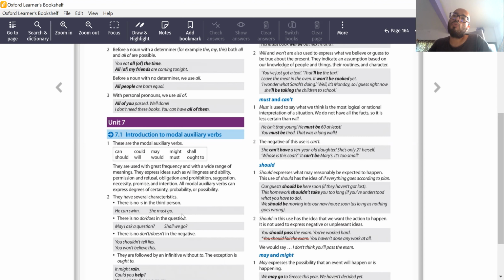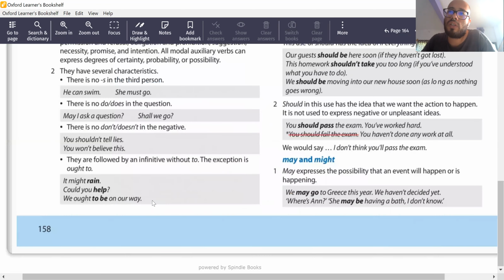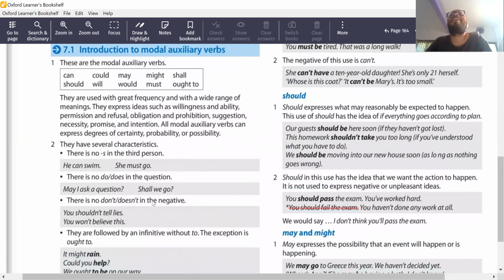So depending on what you would like to talk about, for example, if we are chatting to friends, then the context is going to be different. Let's start with this. The characteristic of a modal verb is that you can't conjugate them. You can't add s in the third person. Like the examples here, we cannot say he can swims. No, it is like that.